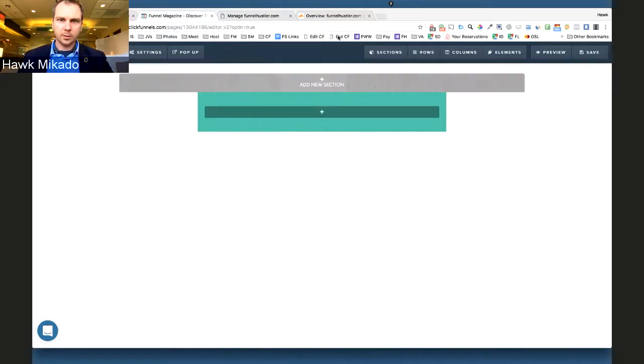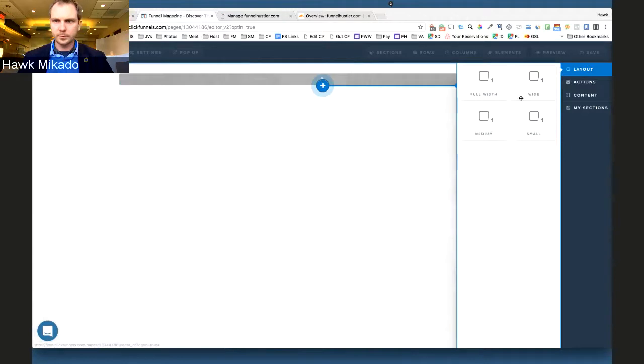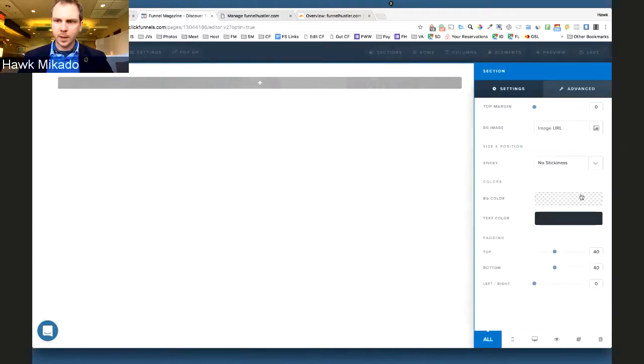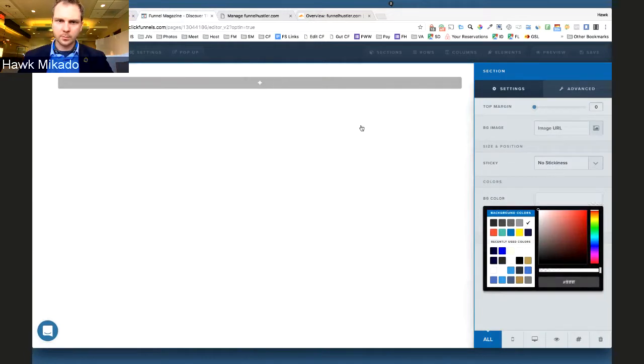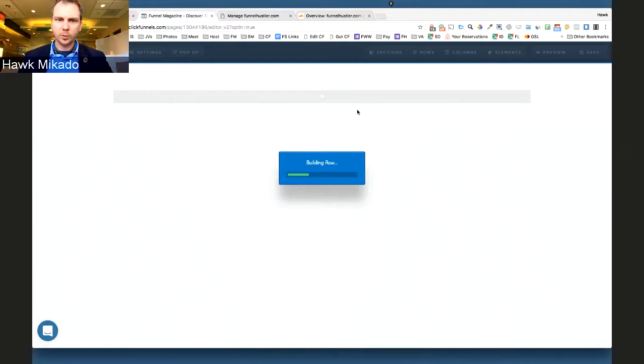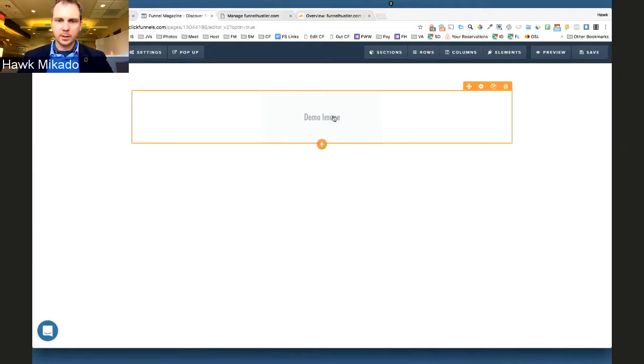But we're going to start from scratch so that it shows you. Full width. And I'm going to do a white background. And I'm going to add in a single column row. So you have multiple different column options here. And then I'm going to add in an image. And it's literally